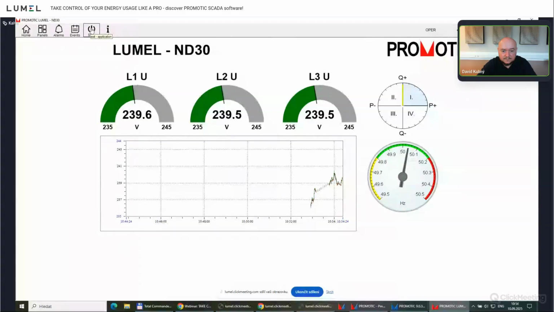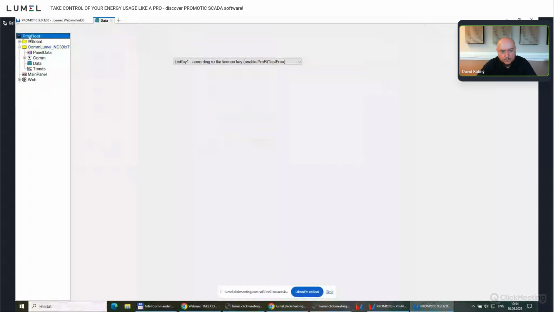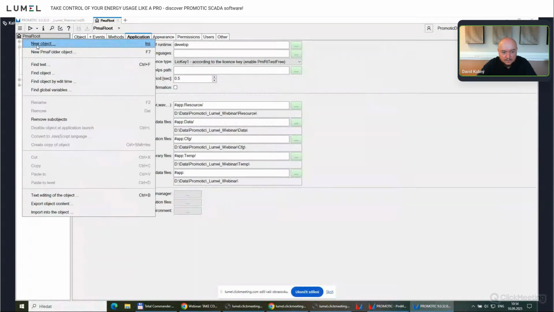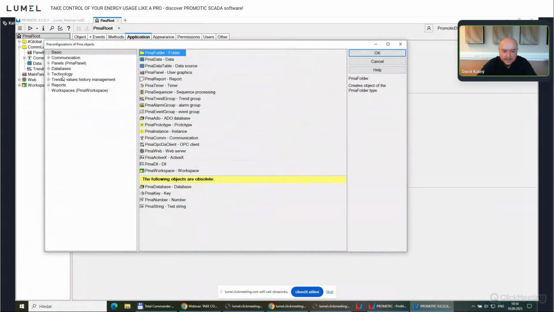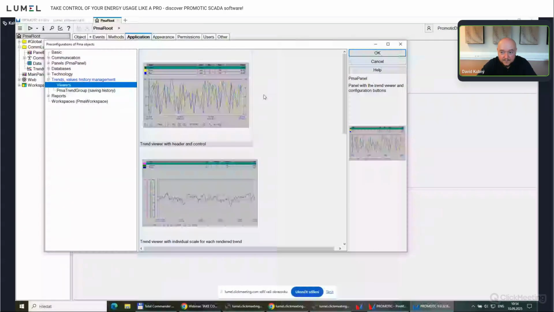quality and consumption. You can consider this to be, for example, a building block of a larger, more complex dashboard. But we will do a last step here very quickly. We will show you that it's also possible to create an independent trend viewer that will give you much more flexibility